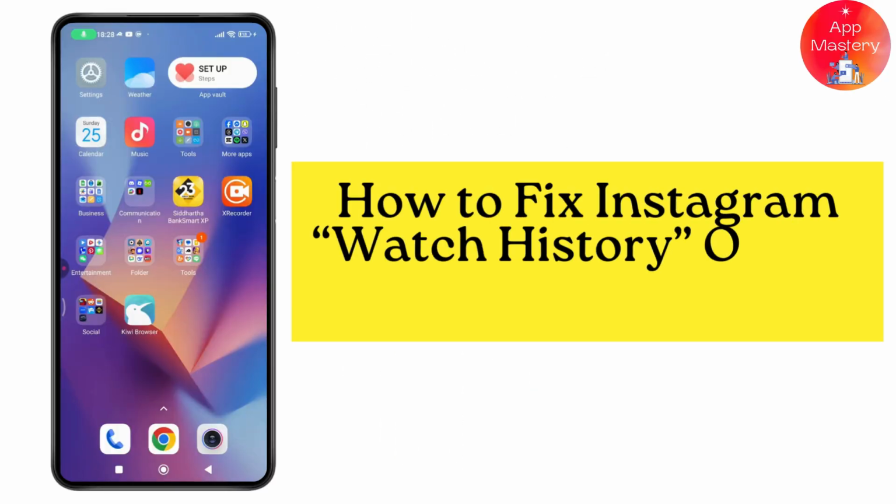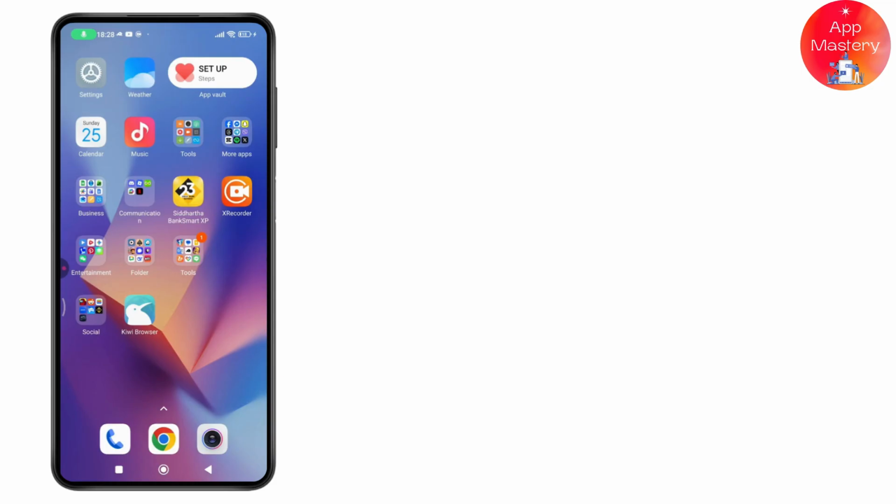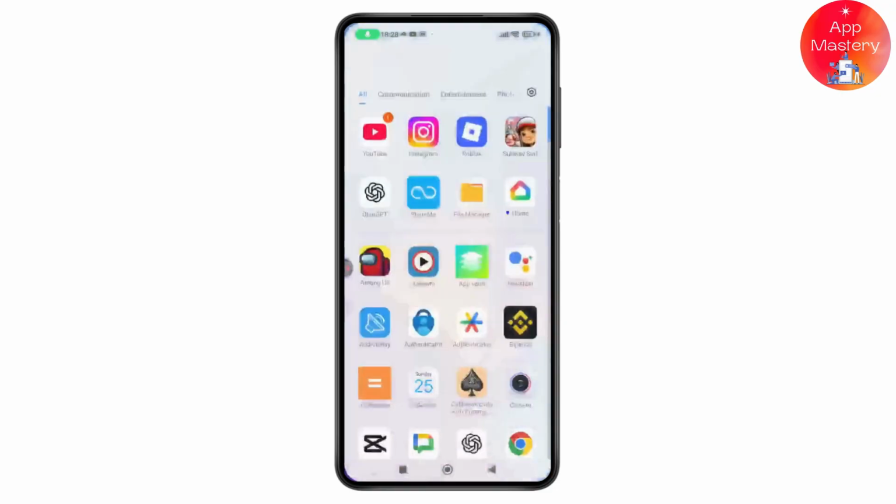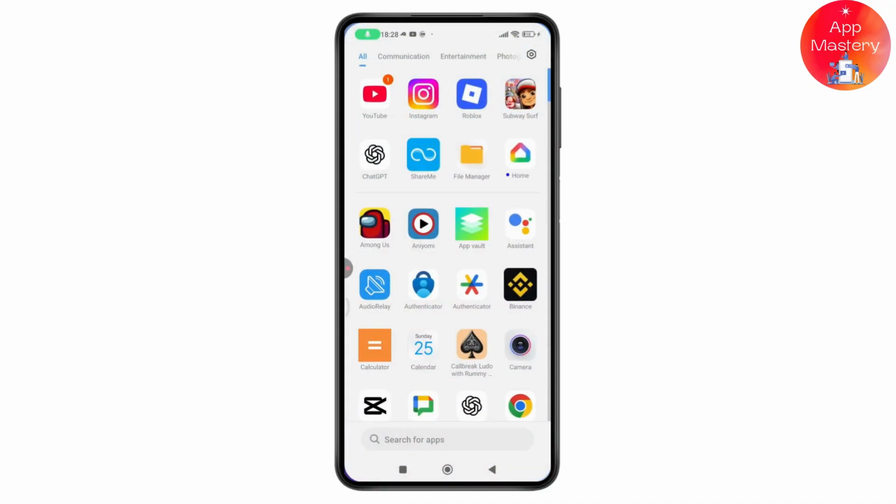How to fix Instagram watch history option not showing. So if you want to fix Instagram watch history option not showing, then what you need to do is first you need to make sure that you have a stable internet connection. After that, you need to open up your Instagram application or just simply tap and hold on to your Instagram